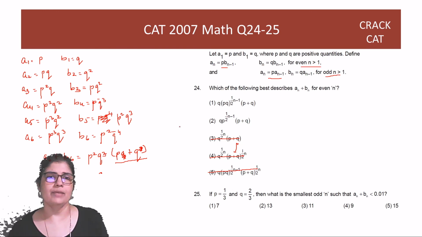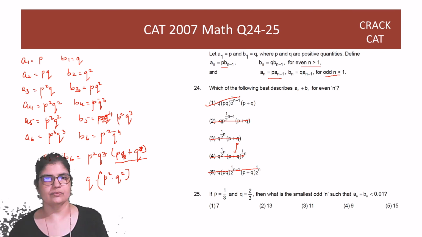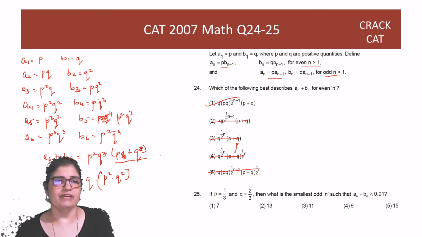Okay, PQ common पे you have P, it's P square Q into P square into Q square, right? ऐसा है वो. So ये भी गया. It is option 1. After so much magajmari, you get that. And 25th, if you check, what is the smallest odd n such that a raised to n plus, तो आपको odd numbers का value check करना पड़ेगा.